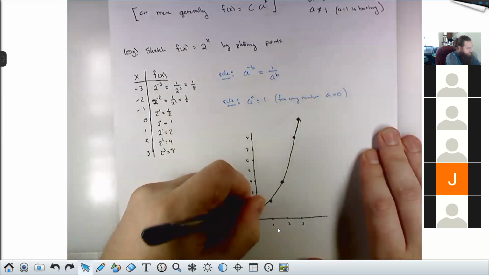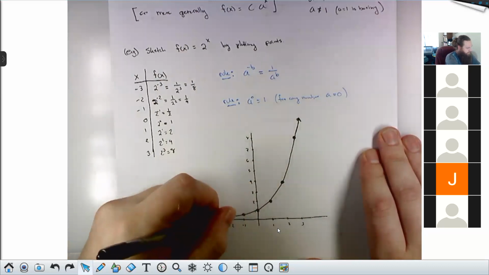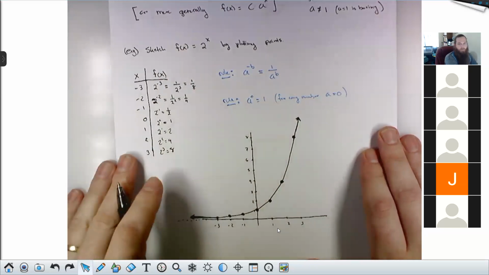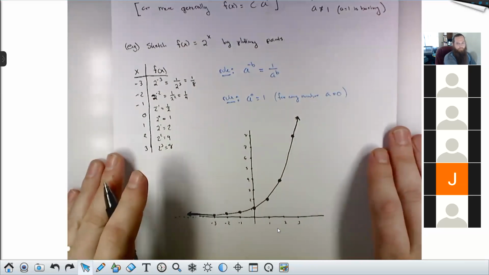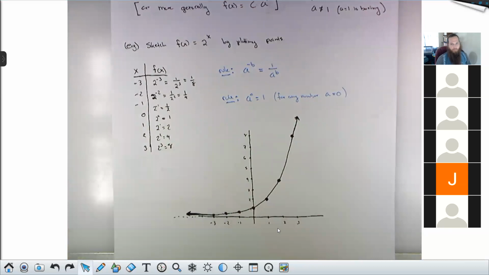Professor, I don't know if, with exponential graphs, it slowly approaches 0, but does it ever approach 0? I just know that it takes forever to touch it. So it will never touch the line y = 0. It sits down on there really hard, really fast. Like it goes towards 0 over this way super fast, but it never touches it. That's true. So we're going to make a list of observations about this graph in just a minute that'll apply